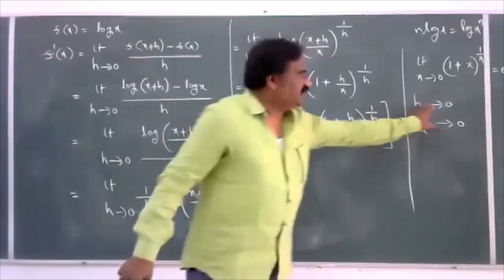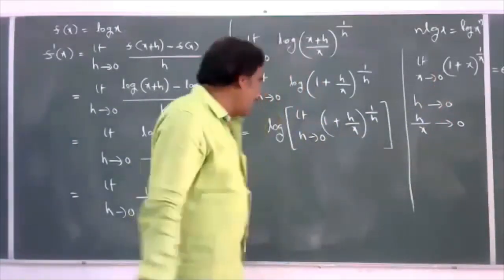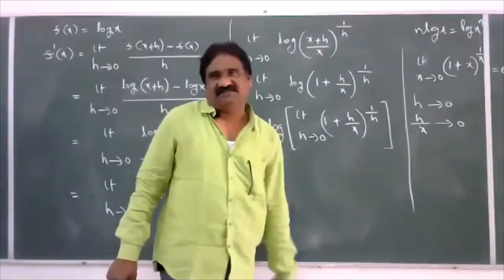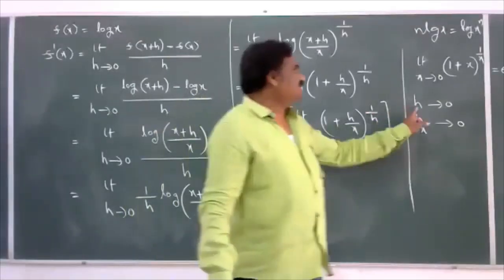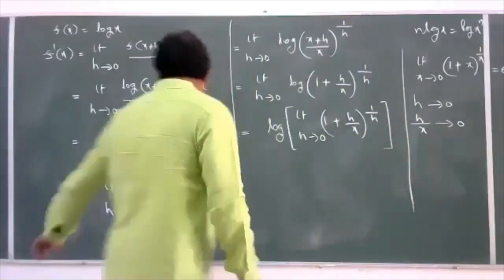h tends to 0 means h by x tends to 0. Why? The limit depends on h, not on x. Here the limit depends on h. h tends to 0 means h by x tends to 0. So